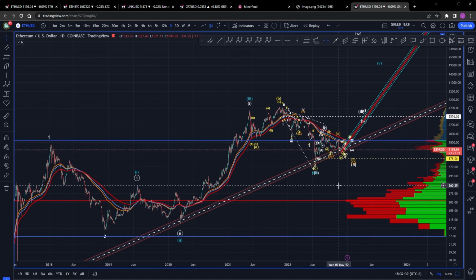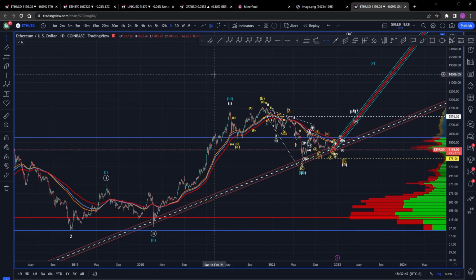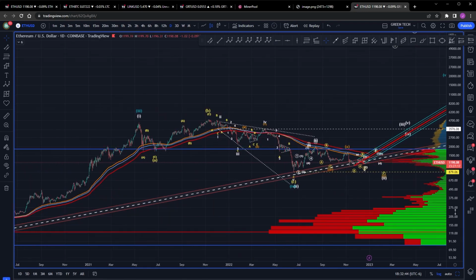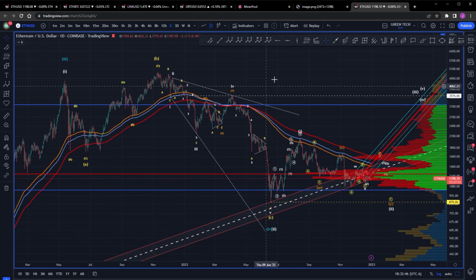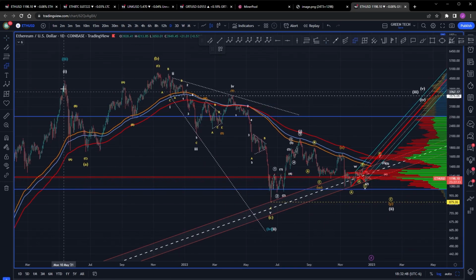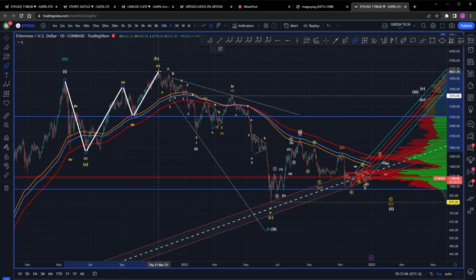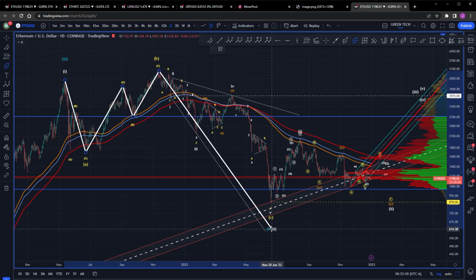So, what I've got going on here for this move is we come down a pretty nasty zigzag. I'll be honest, I don't really like it. If you look at Bitcoin, I believe that this move is an impulse because it creates a different type of flat, a little bit different structure. But I think we get a 3-wave move followed by a 3-wave move. And now we have gone into an expanding diag for a C.